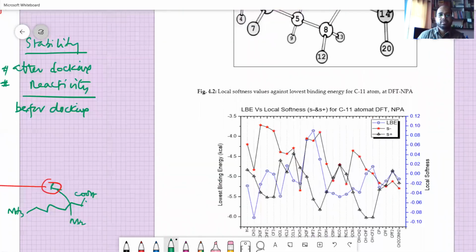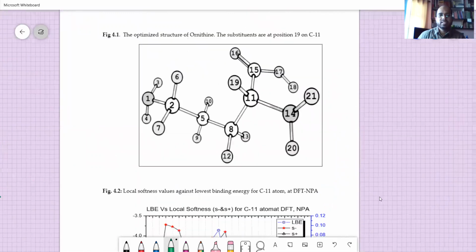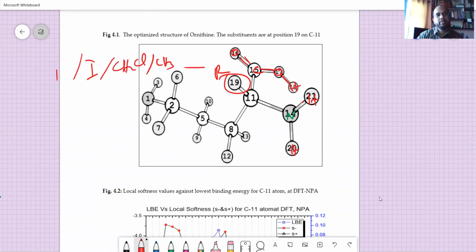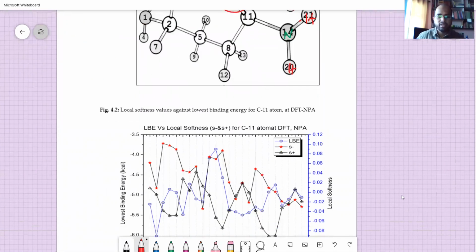Okay. So after that, this is the optimized structure, and there you can see the NH2 here. This is NH2, and here you have C double bond O and OH. The 19 is R. This is where you have substituted CH3, CH2Cl, I, F. Everything is just substituted, and the substituents are being plotted here.